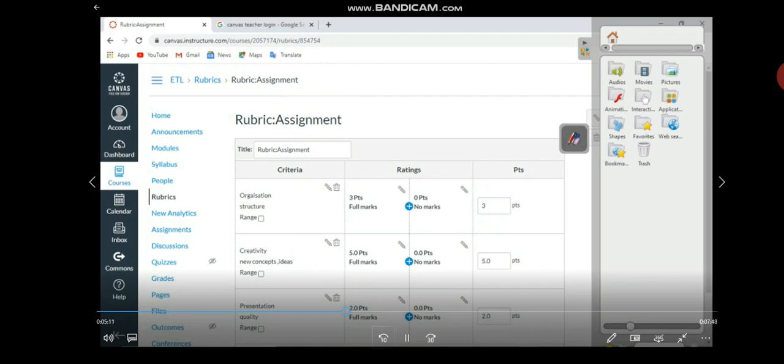For example, NAAC grades the colleges on 7 criteria, but overall the NAAC grade is like A++, A, B++, B, C, and so on. So the overall grade is a single grade, that is a holistic rubric.